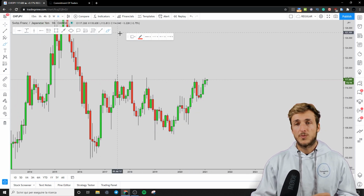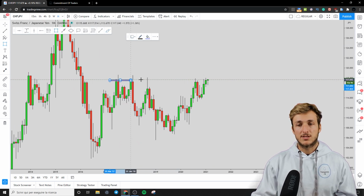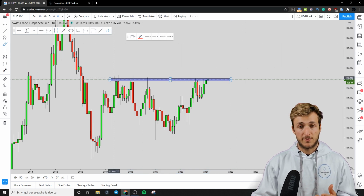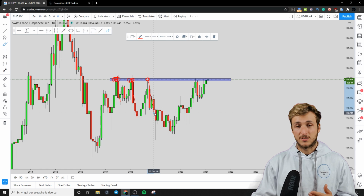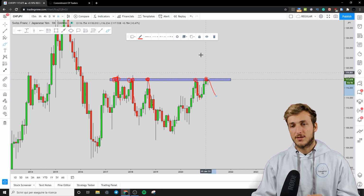Now, starting here from the monthly time frame, what we can see is that the market is currently testing an extremely strong monthly resistance area. In fact, this zone was acting as very strong resistance here, preceding this move to the downside. Again, very strong resistance here, preceding this move to the downside. Again, the market here hit it and rejected this area to the downside, and again here, and currently we are testing the exact same resistance from which the market can easily provide another rejection